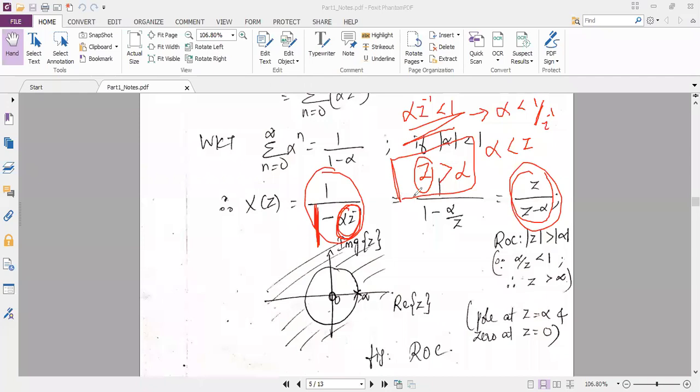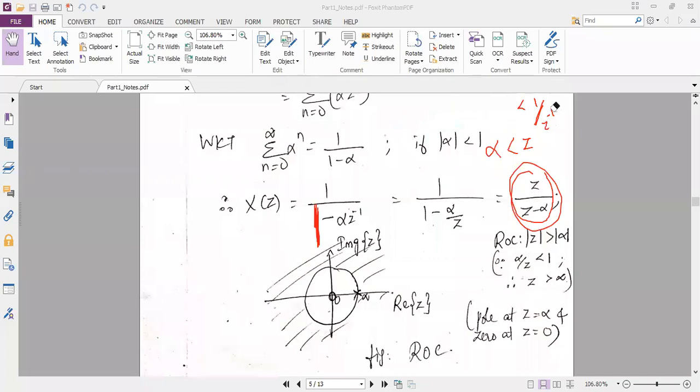So I want everyone to conclude your answer not as alpha less than z. You should write with z as the first term. So z is greater than alpha. If z is greater than alpha, you can see on the screen, I have to draw the region of convergence diagram as per the question. See here, you have the z plane. Your x-axis is always real of z, and y-axis is always imaginary of z.